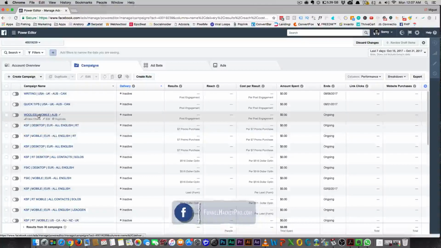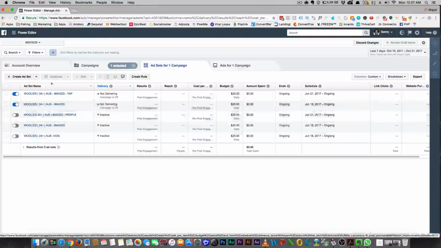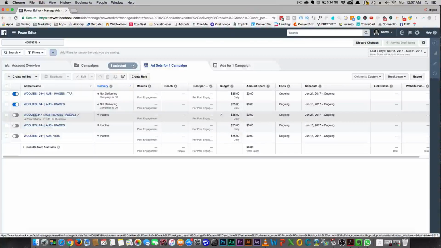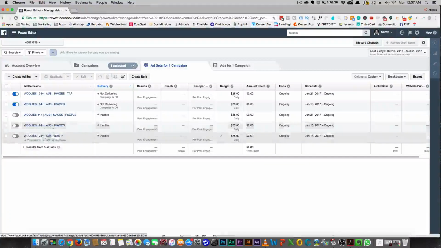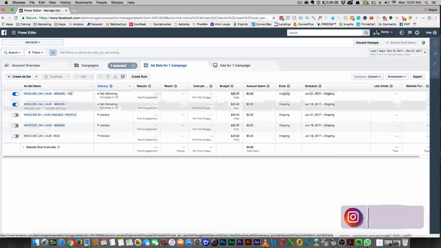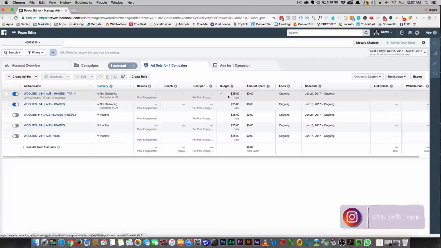That's it. So what I wanted to do is show you, you see this is a campaign, and it's Woolies Mobile, and I'm targeting Australia. These are ad sets, and you can see where I said 34 plus, and this is what the images were, and this was tap here as the image. So this is the campaign. This is the people there are, who I have it, and what images I have. This one here has people in the images, and this one has actual videos, 24 plus and 34 plus. So you can see that ad sets are the actual demographics, right? And you can see here I was spending 25 a day on each one of these ad sets.